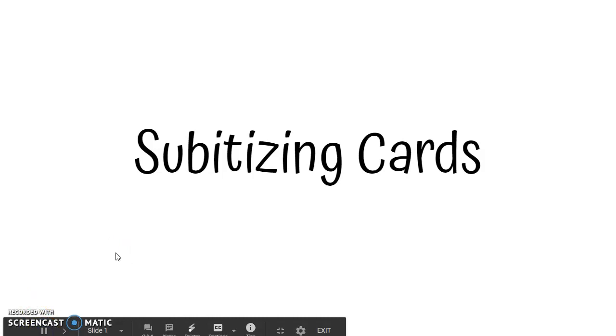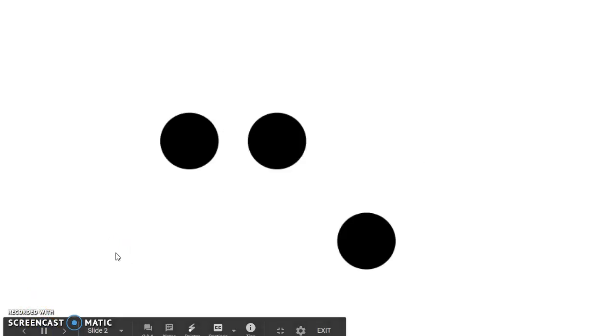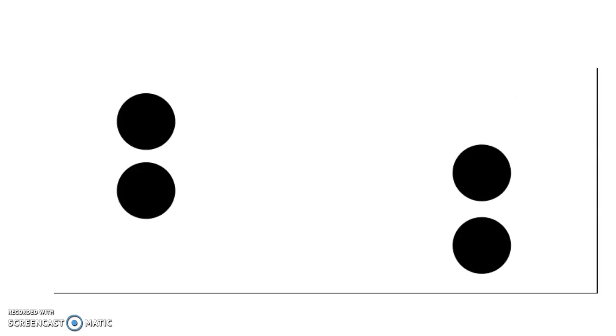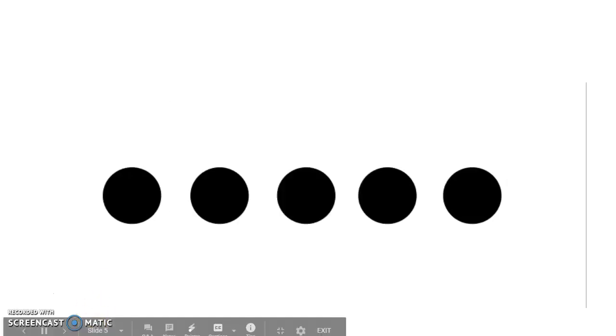As they show the cards, you say the number. 3, 2, 4, 5, and so on. After you go through this set one time,